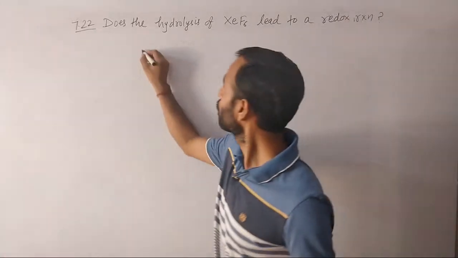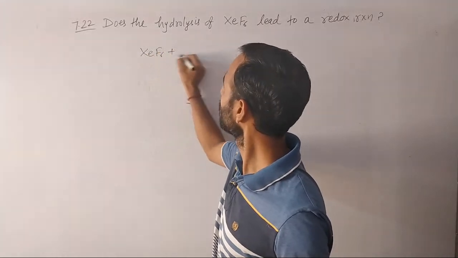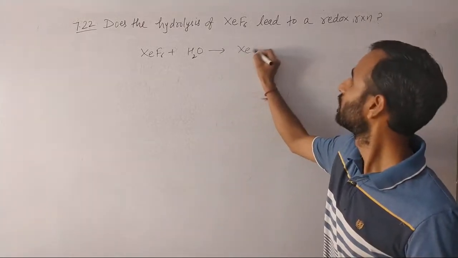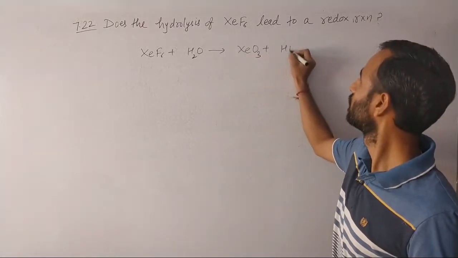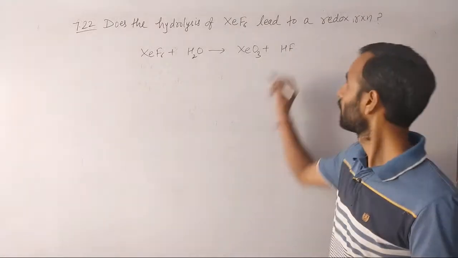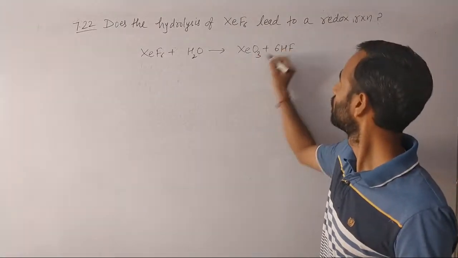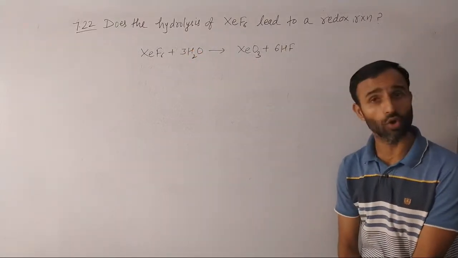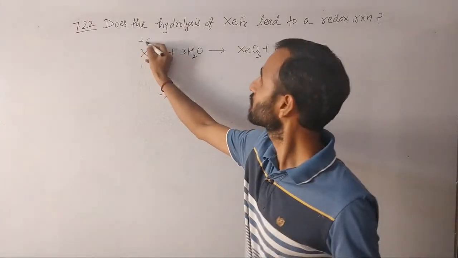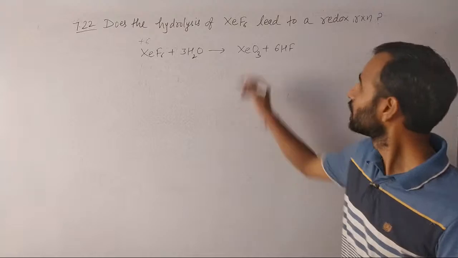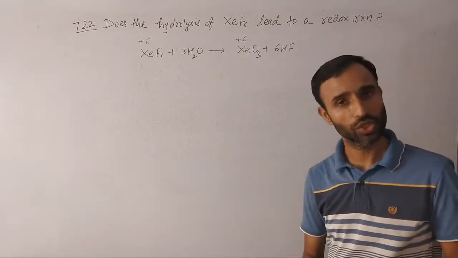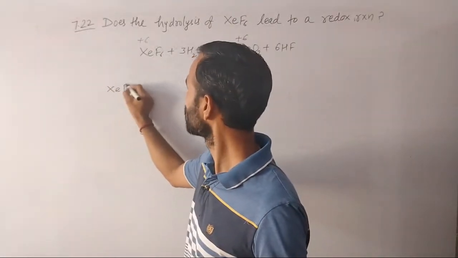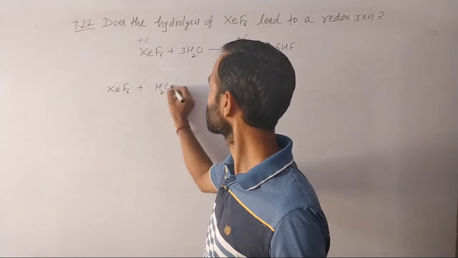So see, if XeF6 is completely hydrolyzed, then we get XeO3 and HF. XeF6 gives XeO3 along with HF. In XeF6, the oxidation number of xenon is +6. In XeO3 even it is +6. But if XeF6 is partially hydrolyzed,